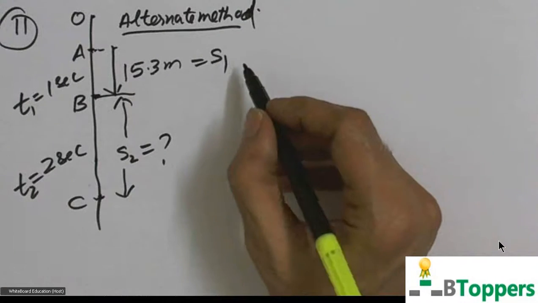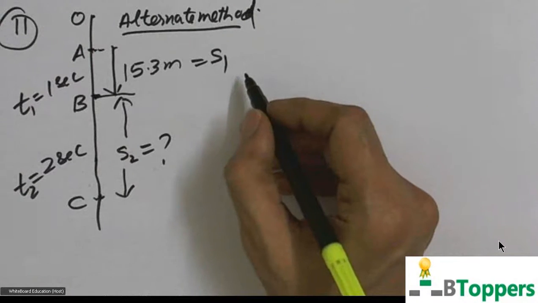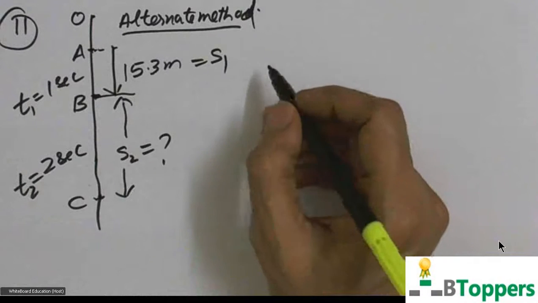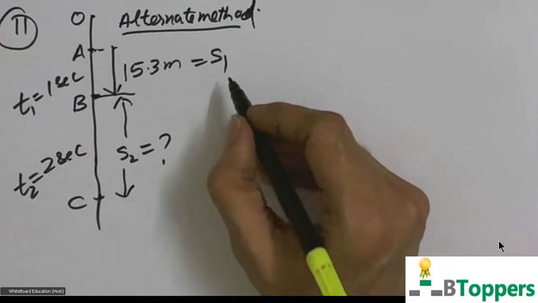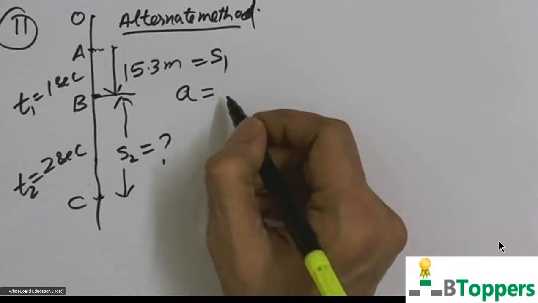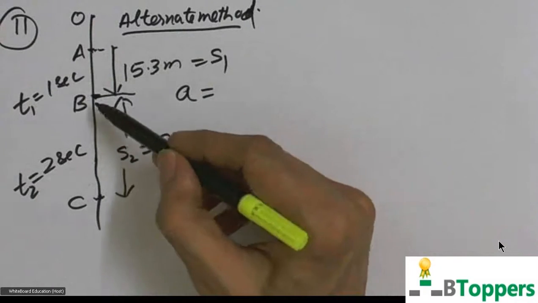Then I discussed the summary of the formulae for motion in a straight line with constant acceleration. As I discussed, and I have shown you the calculation behind the conclusion also, in general, if a body moving in a straight line path with constant acceleration covers a displacement S1 in a time interval T1 and a